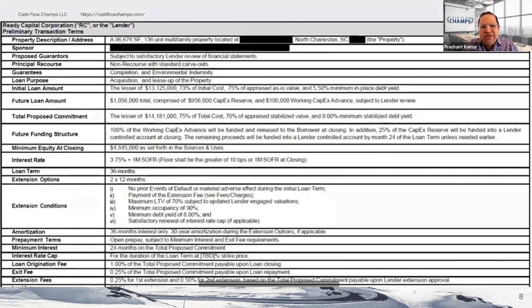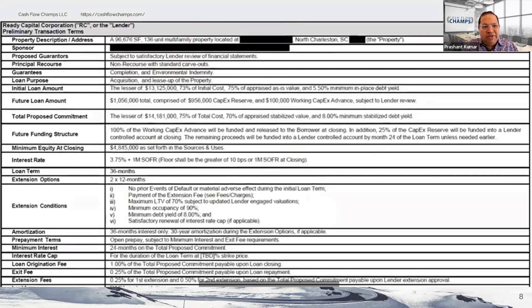Prepayment terms. Some lenders have prepayment penalties. Sometimes they do, sometimes they don't. Remember, these things can be negotiated with the lender, right? Lenders want to make money, and they have their own underwriting. But if you are a good borrower with a good history, lenders try to work with you, and you can negotiate some of these terms. It is not fixed, set in stone.